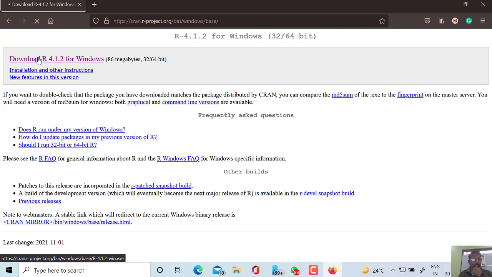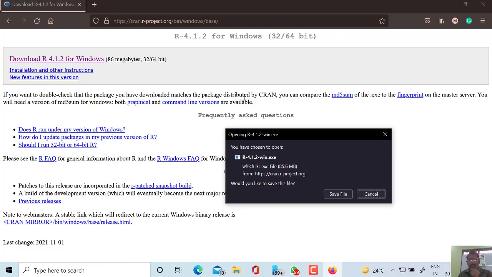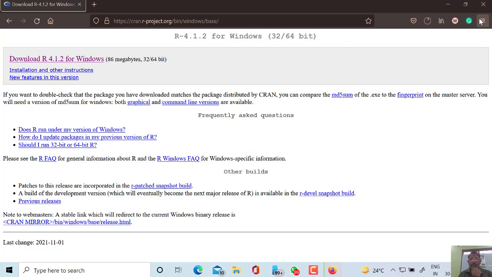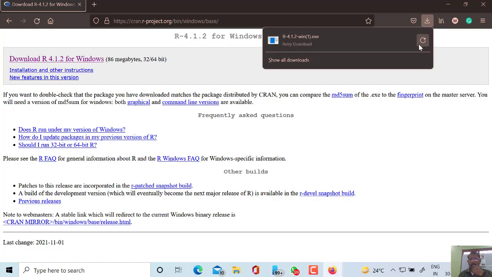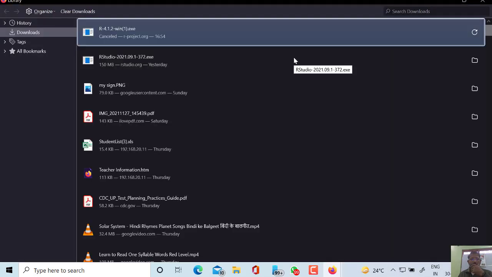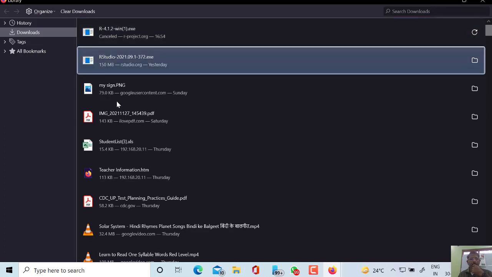From here you can save the file and download it. After downloading, because in my system it is already downloaded, I am directly going here. It is about 150 MB. So from here you can install the R software.